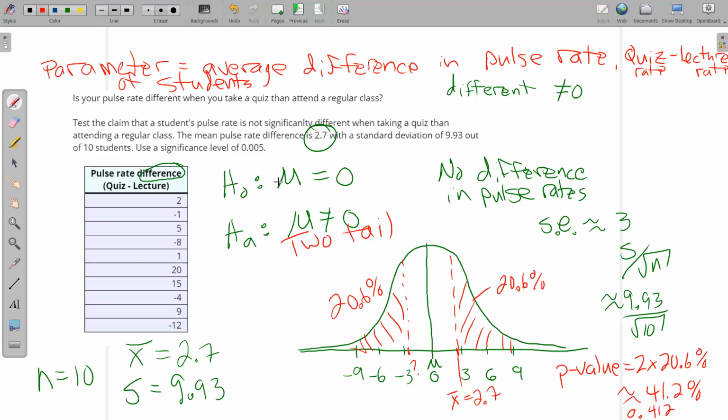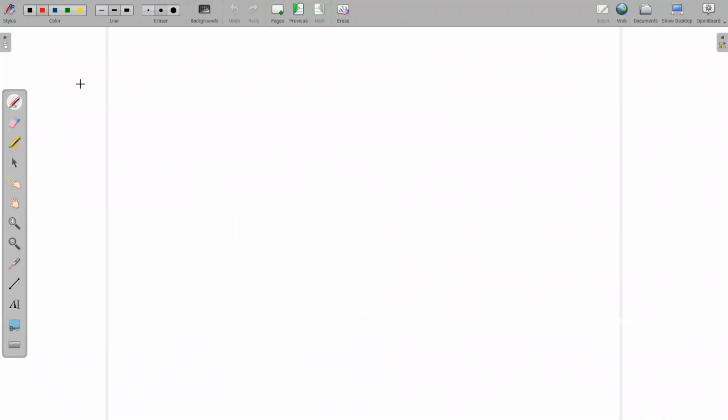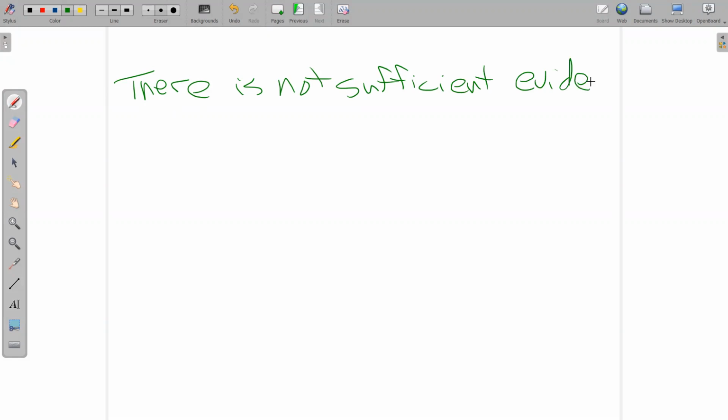So there's a few different ways we could state that depending on your preference. And this is kind of what we call spin, because there's many ways to word something, not necessarily a best one. So let's see. I could say there's just not sufficient evidence to accept the alternative, but I would want to say what the alternative means, because my mom was like, what do you mean by alternative? Let's start with that one. So there is not sufficient evidence to, let's see, do I want to reject the null or just say we can't accept the alternative? There's not sufficient evidence to accept. I think I'm going to go with accepting the alternative, to accept the claim